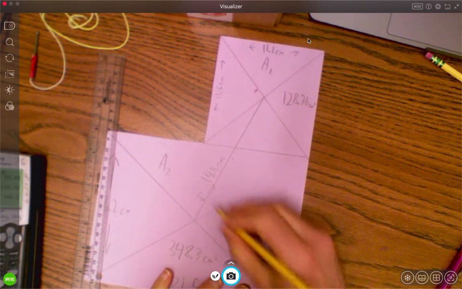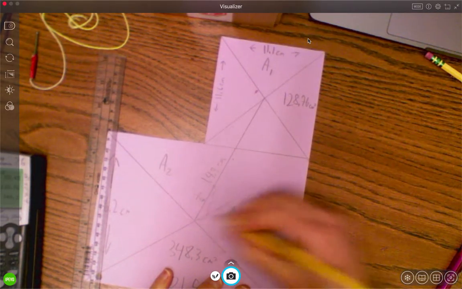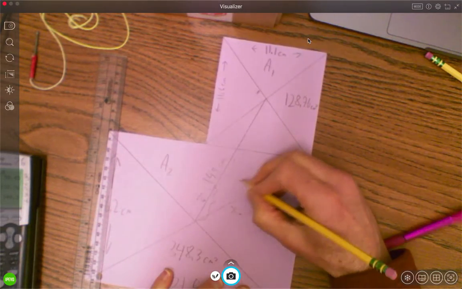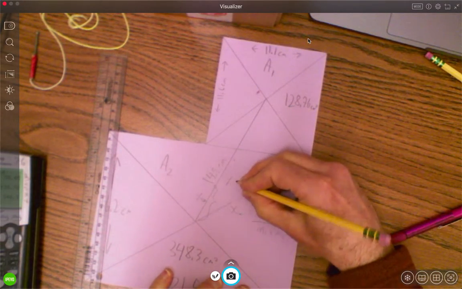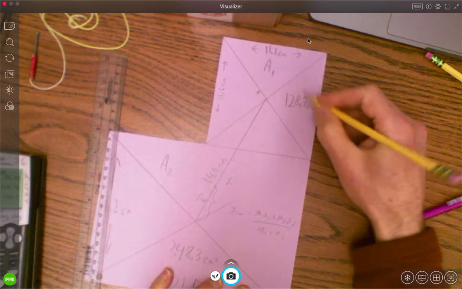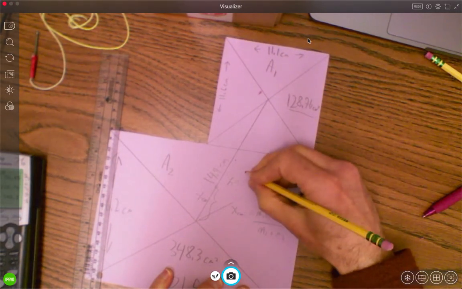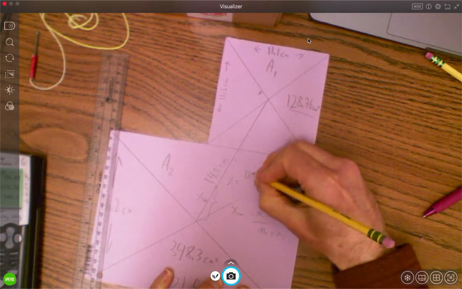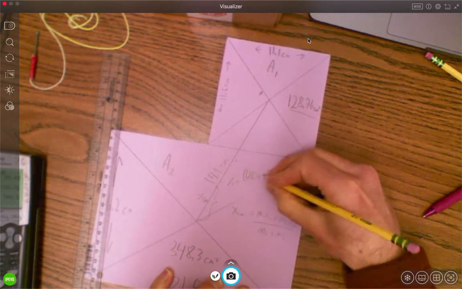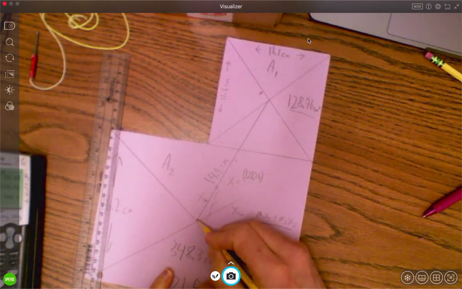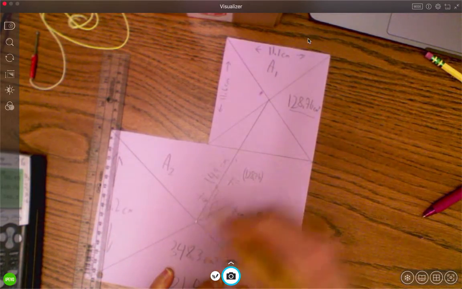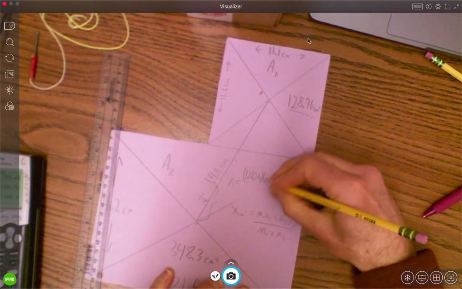Okay, so now I'm all set. My x is equal to, and then m1 is this guy. I'm going to pretend like the areas are masses. So I'm going to go 128.76. And this guy from here, I'm figuring out how far it is from here, right? So this guy is 14.9 from there,